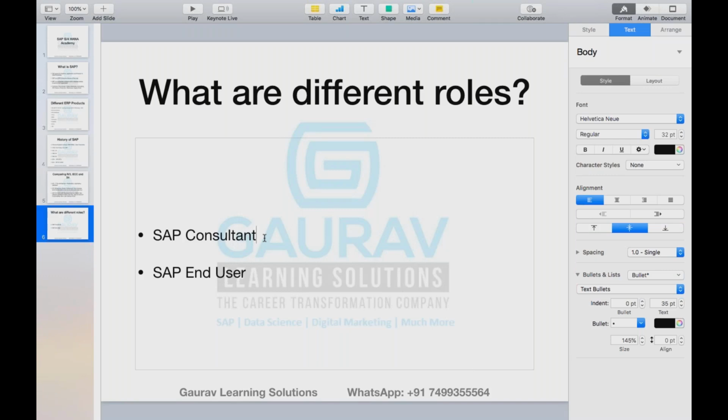Right? So as a SAP consultant, what are the different things you will be doing? You will be either involved in the implementation projects, or you will be involved in the support projects. These are the two very important projects that a SAP consultant will work on. So what happens normally when you start your career in SAP,